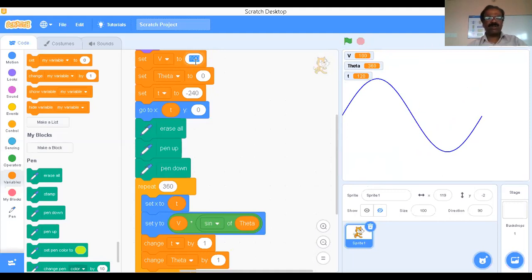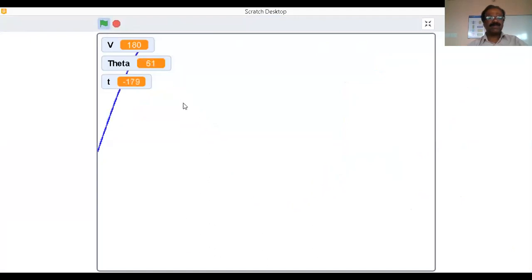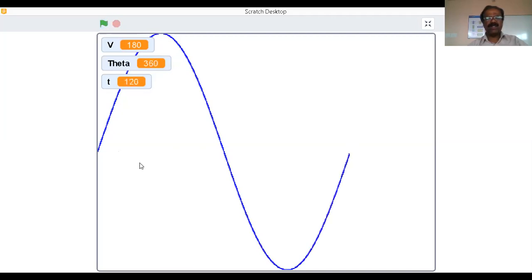So I'm going to increase the magnitude to 180. You can see here, the maximum is 180. Therefore, it varies from plus 180 to minus 180. Depending upon your requirement, we can vary this magnitude.